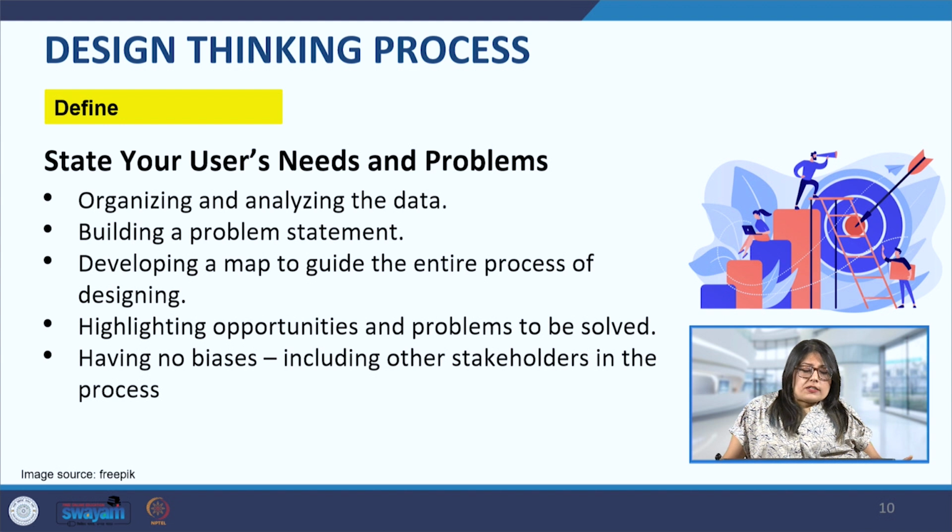And then we have to be specific and actionable. Like I said earlier, the final statement should be clear and actionable, and it should not be vague or broad. So, I'll just give a small example, a physical example of a tangible tool. Say we want to scoop ice cream from the bowl, and we want to redesign a tool to scoop out the ice cream, because the ones that we have are not as efficient as we would like them to be.